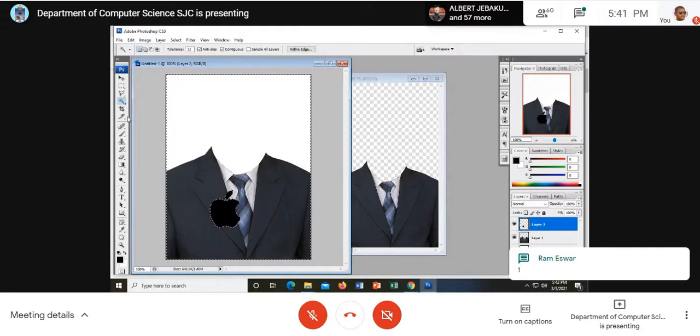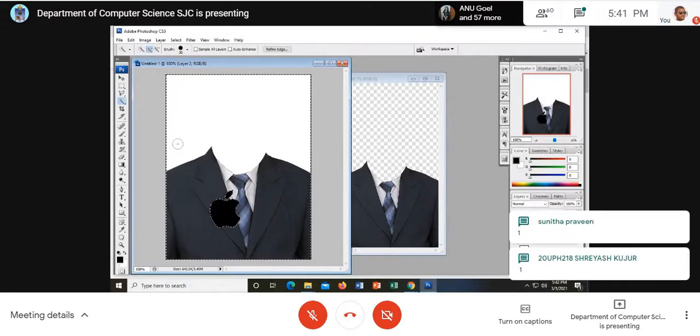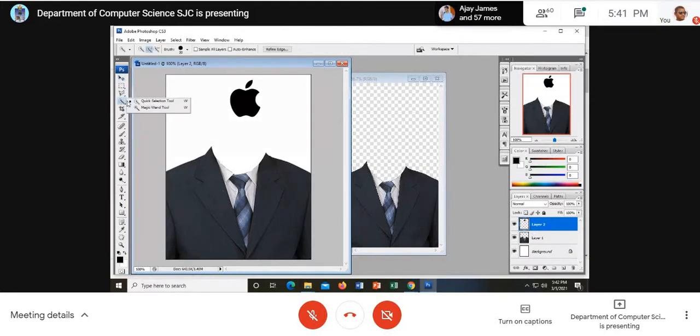Now what do? See, I am going to explain the quick selection tool. Quick selection tool will help you to choose. The quote that I have with me here is not a single color. I want to select the entire portion of the quote. I use the quick selection tool. I just click once. When I click here, I expand. Automatically, it selects the quote. See, it selects the entire portion.